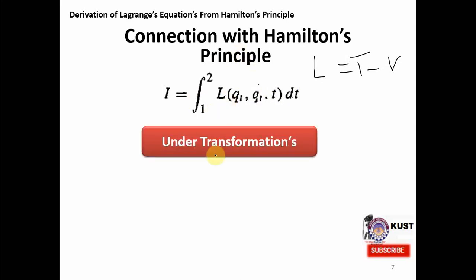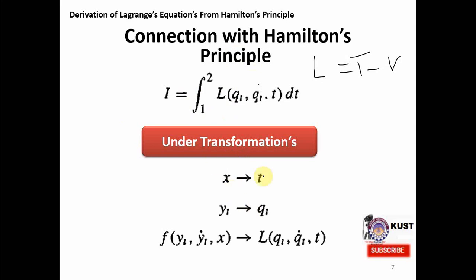So we make some transformations from the general variational principle to the Lagrangian. Here we identify x with t, as I have already mentioned, and y, these were the displacements. If you remember, we make this correspondence with the generalized coordinates q. So now you can see that this function f in the variational principle, which was a function of y, y dot and x, now corresponds to the function L, which is the Lagrangian. The q's are the generalized coordinates. By generalized coordinates we mean these could be positions, velocities, or any other things.